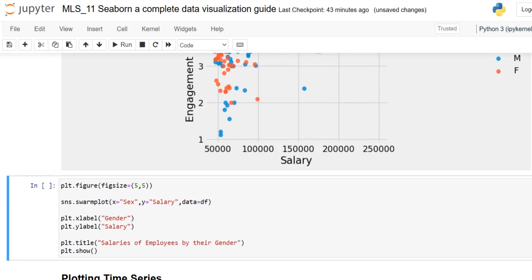Here it is the salary and the engagement survey score. However, we can adopt the design of the scatter plot to feature a categorical variable, as we have done here for sex on one of the main axes. So we will refer to this plot type as a categorical plot,